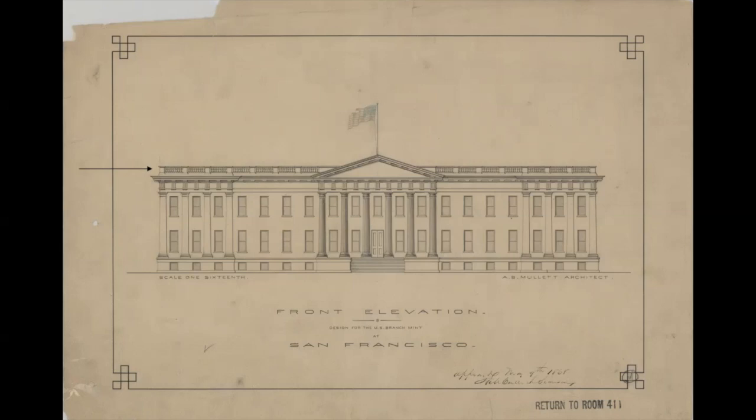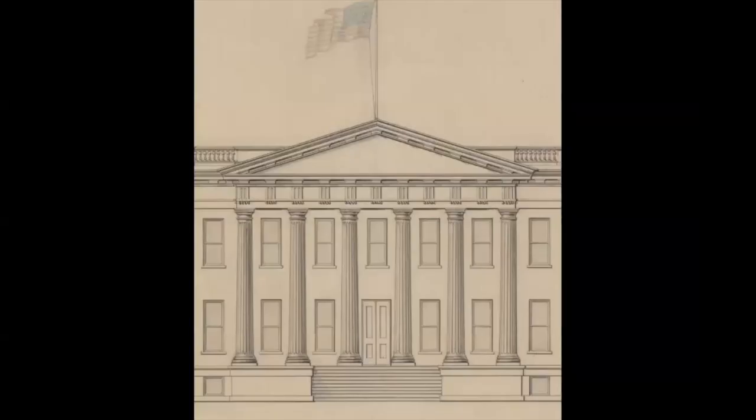But also it's a somewhat different, more elaborate design than what was finally built. And this is why I'm showing it here. For example, with a roof line, and I put the arrow up there to point to that, instead of that much simpler parapet that was actually built, and that was in that other drawing that we saw. And let's see a detail of this drawing showing the portico, the central part, which gives an idea of how nicely these drawings are executed, all done in pen and ink, of course. And we see a bit of the balustrade up there at the top, and also the Doric columns are easier